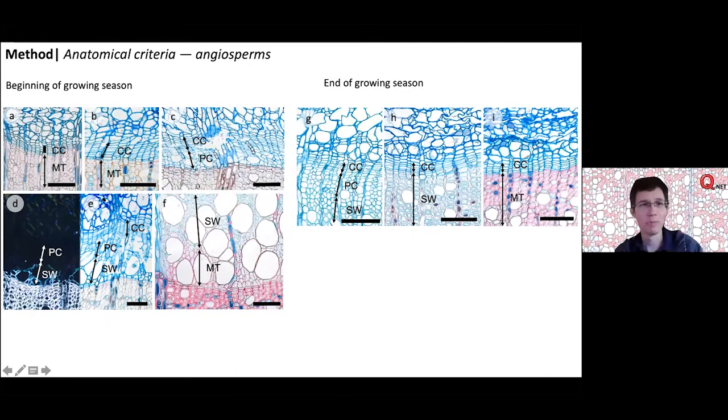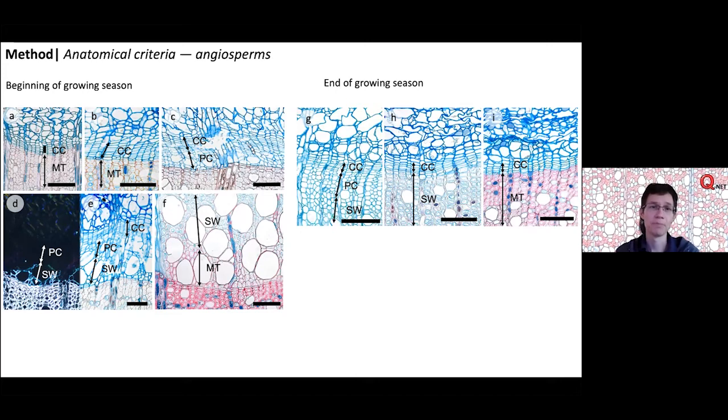Sorry, do you hear me? Thank you. Yeah, fine. There is a slight difference between angiosperms and gymnosperms because we have two different cell types. These are vessels and fibers. And we know that vessels differentiate slightly differently, or have a different differentiation dynamics, than the fibers. So similarly as in the case of conifers, we